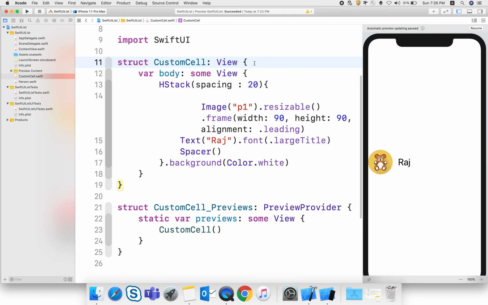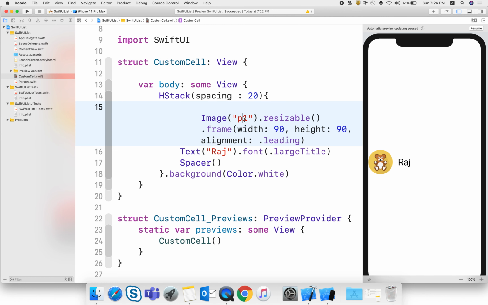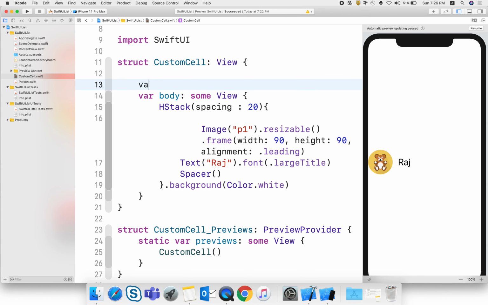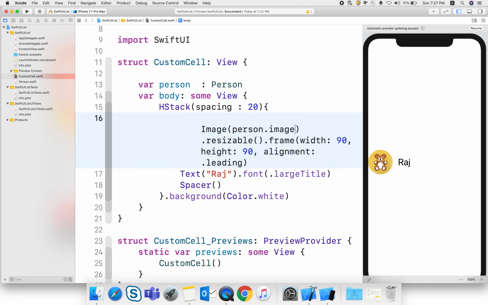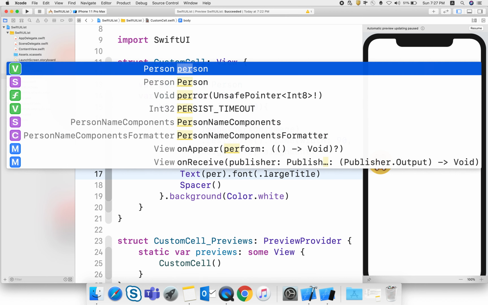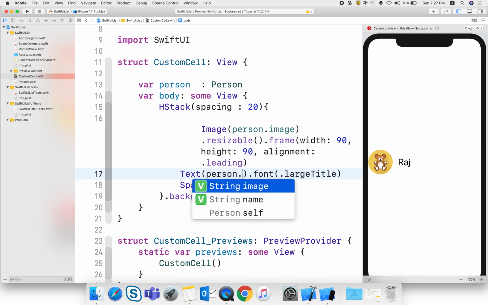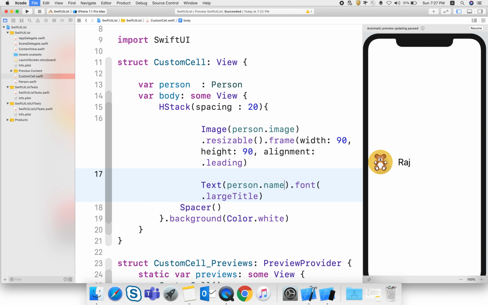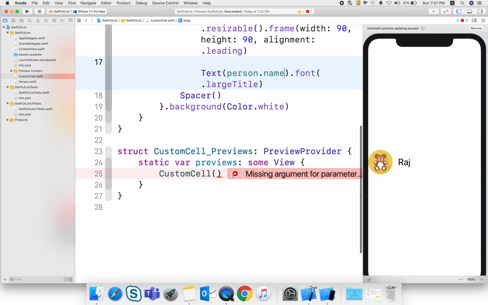Then go to my custom cell. Here I hard coded the name and image. What I need is a person of type Person, and to make it dynamic I give it person.image and person.name.